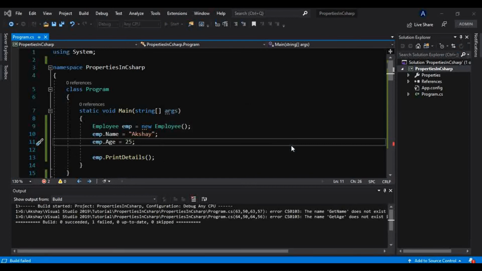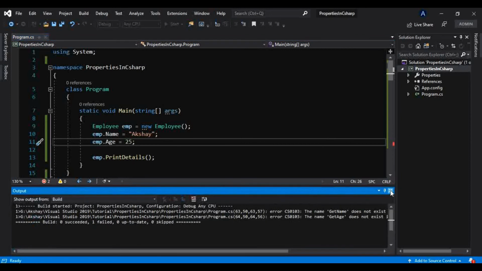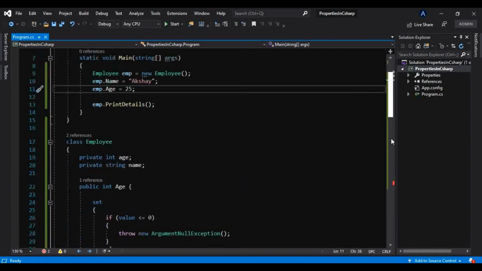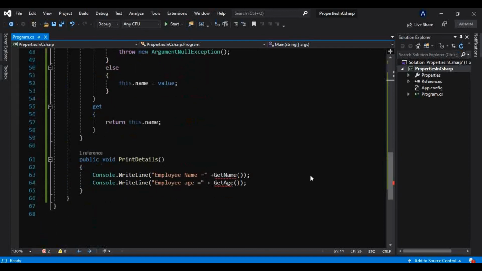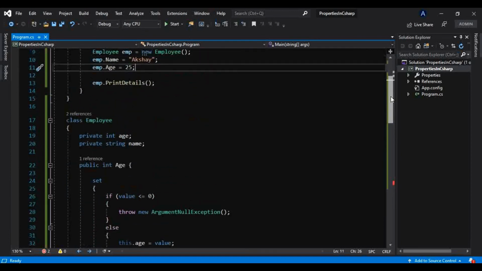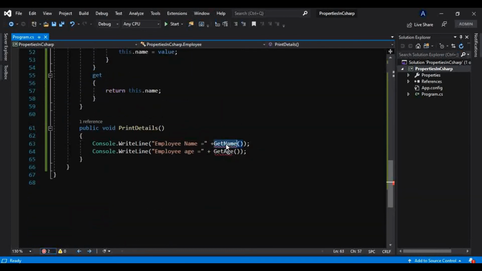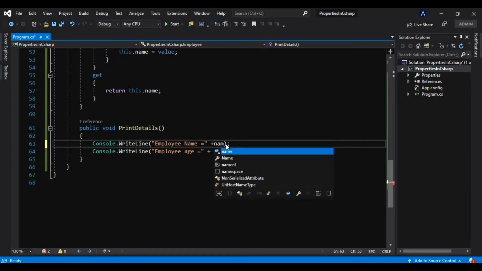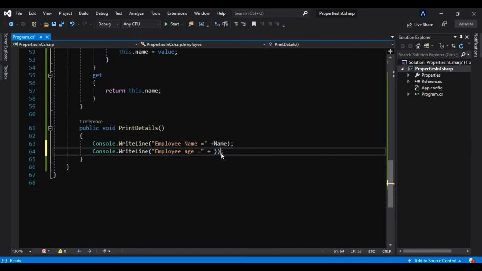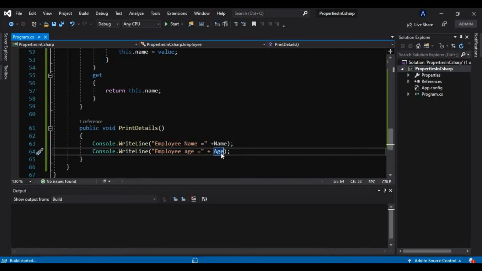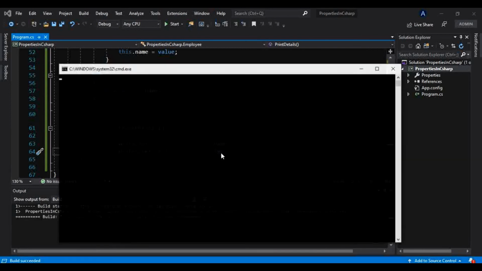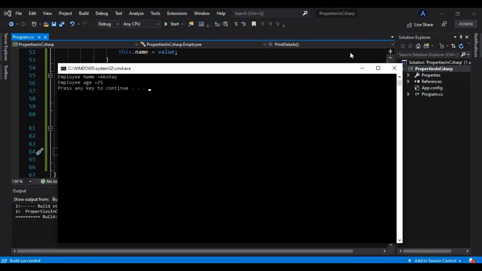And we know I have to make changes in only one place. Now, because we don't have any getter and setter, we have a property with this name and one property with the name age. And now if I run, okay, so it is still working.